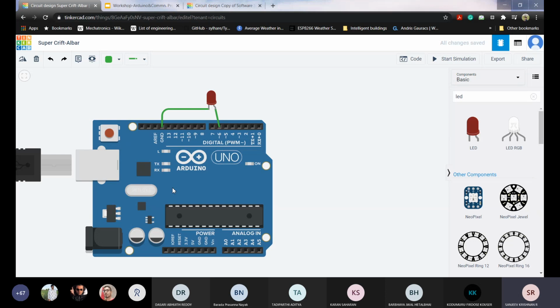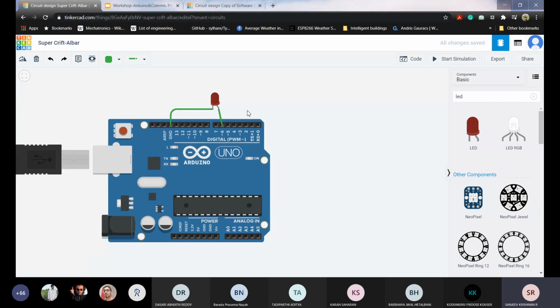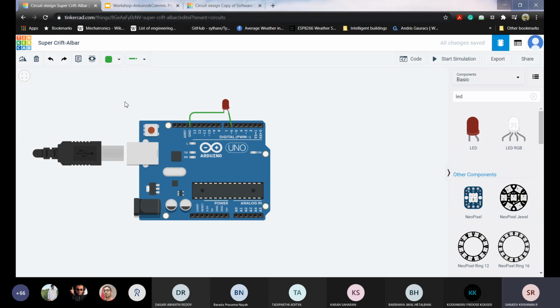When you start, give high power to the LED, and then after 5 seconds switch it off, and then again after 5 seconds switch it on. So I'll write it in the form of code, and I will tell it to Arduino through my code. I'll upload it, and it will get stored in its microcontroller. Now as per my command, it will send high voltage and low voltage to this pin. So that's how the working happens. This is the basic of the whole electronics basically.